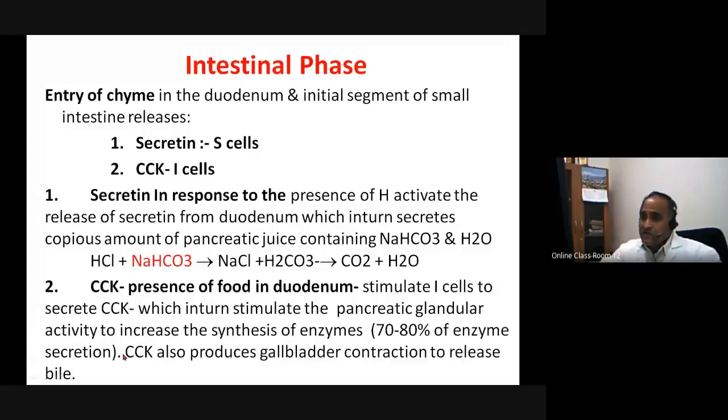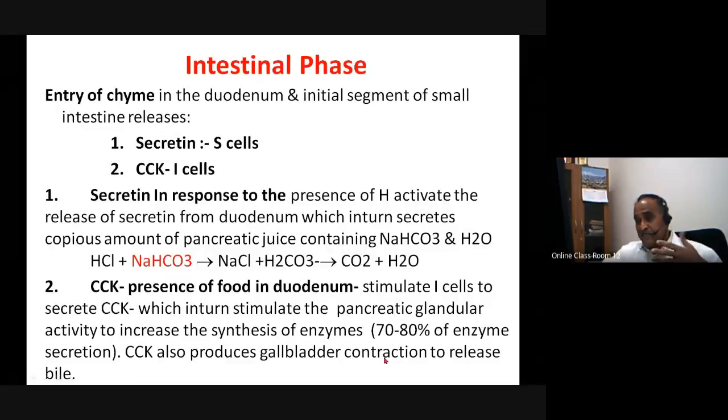And in addition, as the name indicates, cholecystokinin: cholecysto is the gallbladder, and kinin is a humoral substance. Then this will stimulate the gallbladder contraction. So that is the name. If you are talking about cholecystokinin, that means it also produces gallbladder contraction, so that the contents of the